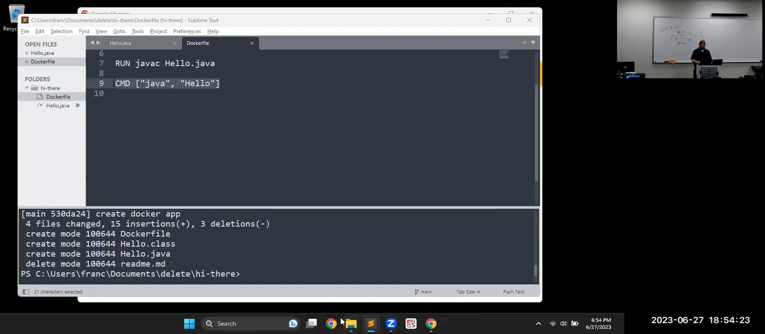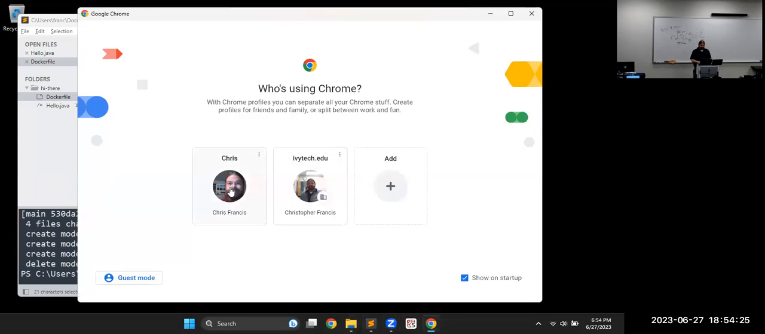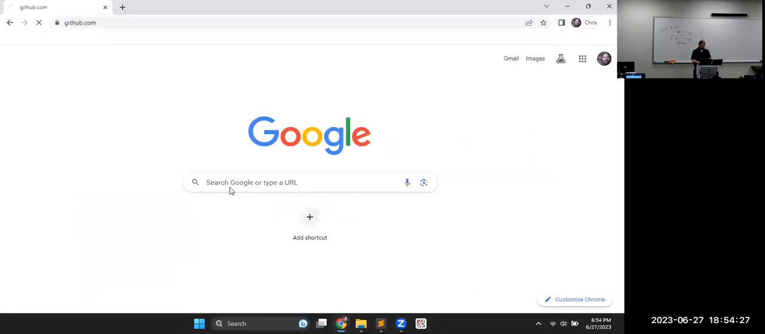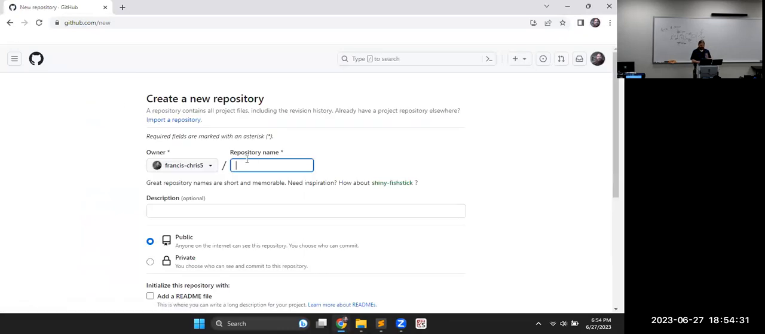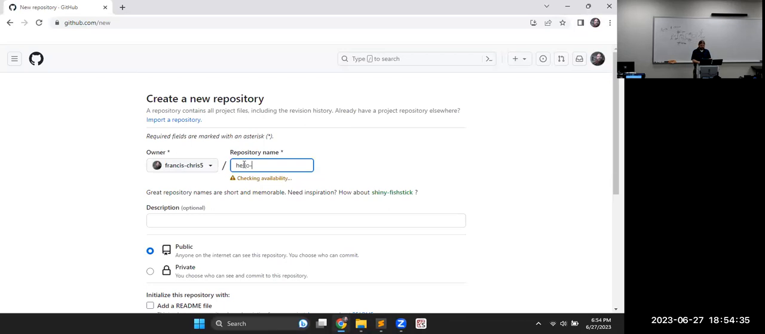So now over to GitHub. Let's create a repository here. GitHub.com, create a new one. You all have seen this before. And this time I'm going to give it a name. Hello, Docker. I think will be their unique name. Okay, that's available. So description: an in-class example